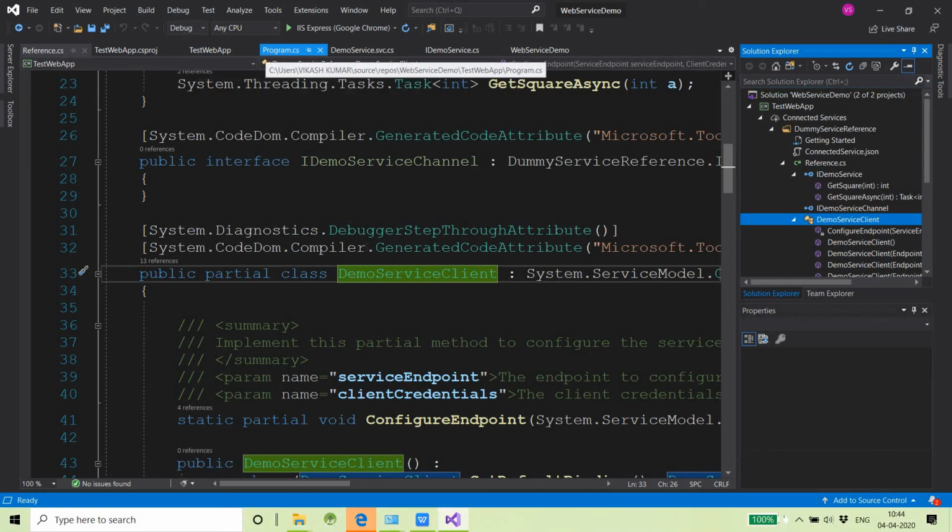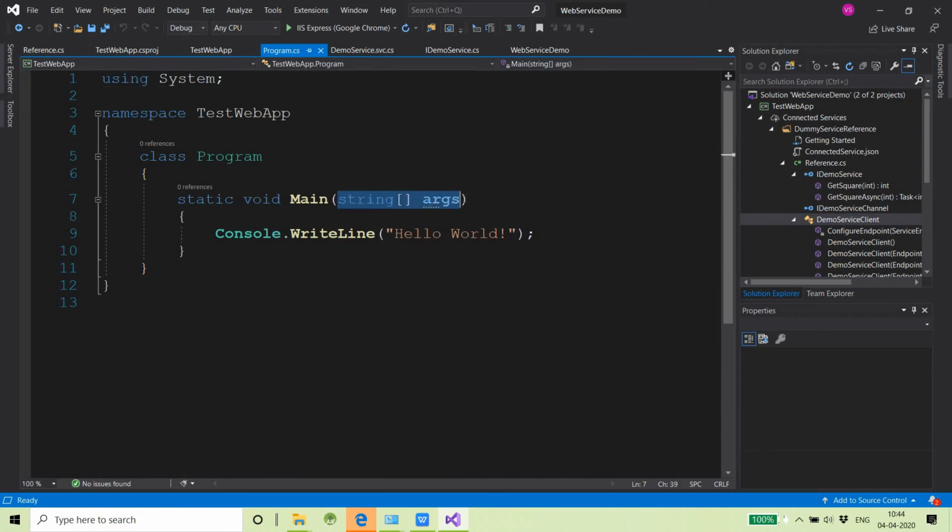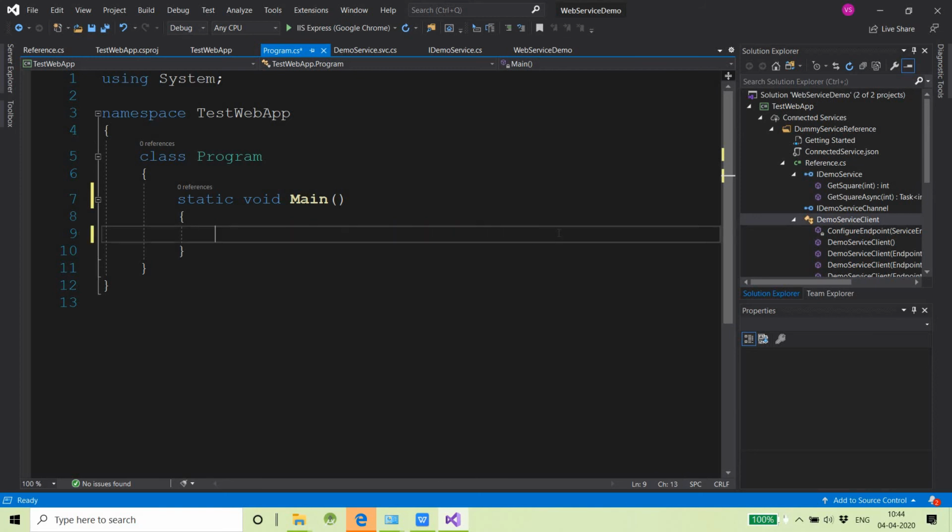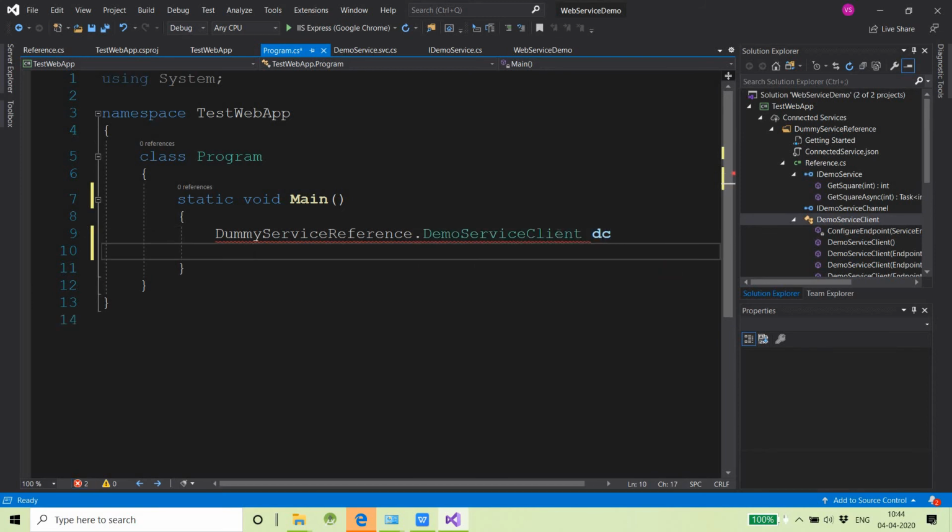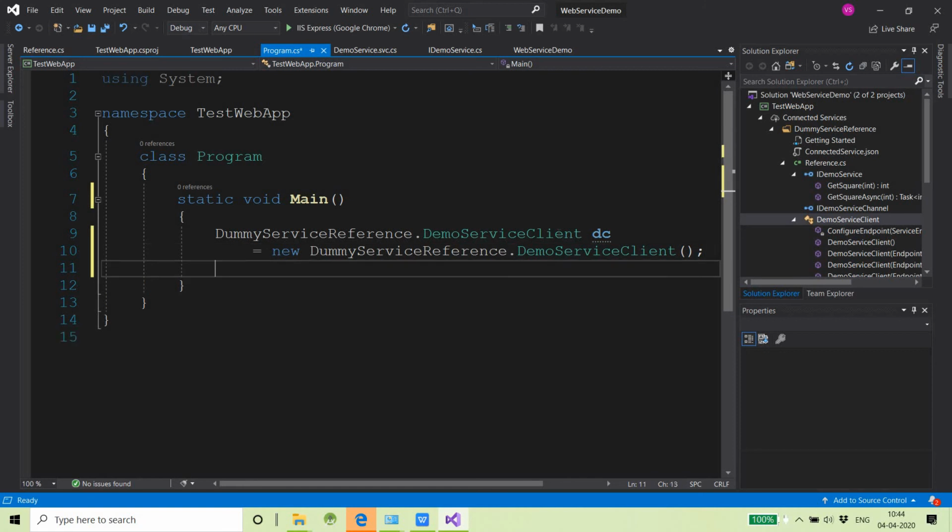So just go back to program.cs, remove all the unnecessary stuff here, and just do one thing: dummy service reference dot demo service client dc is equal to new dummy service reference dot demo service client. So now I have created this, and just return the value here, int nval is equal to dc dot get square,